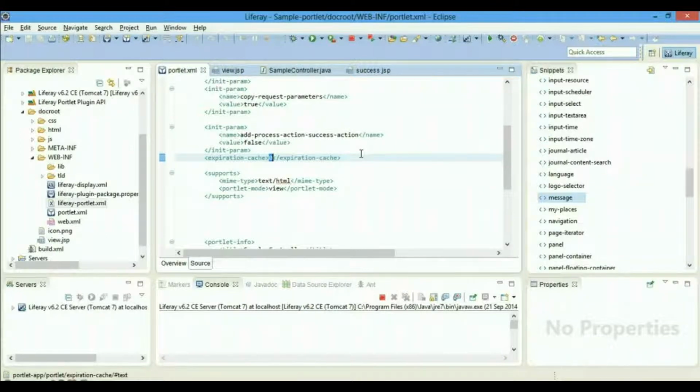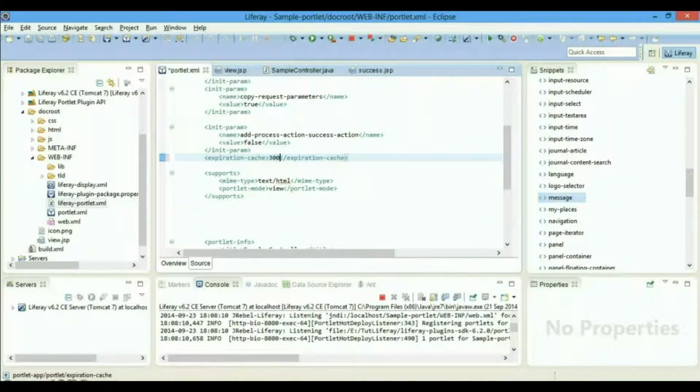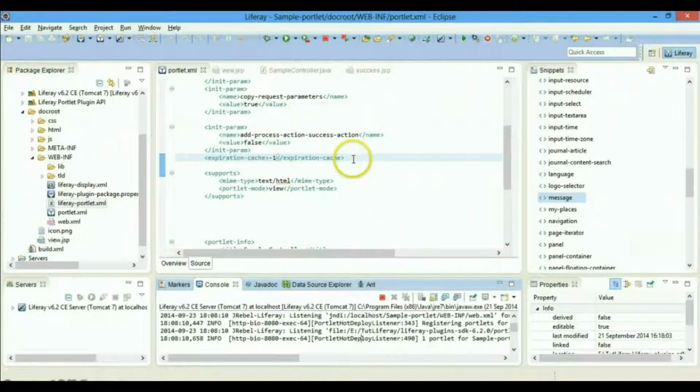If I set -1 over here, this means that the cache will never expire. And if I put 300 over here, that means after 300 seconds the cache will expire. So what I have done is I have set the cache to -1, which means the cache of this portlet should not expire anytime.